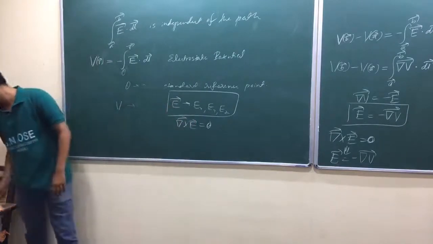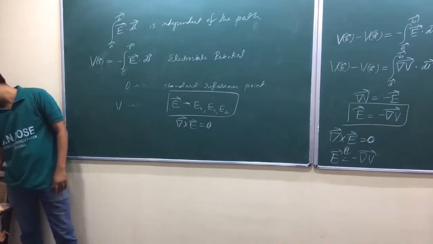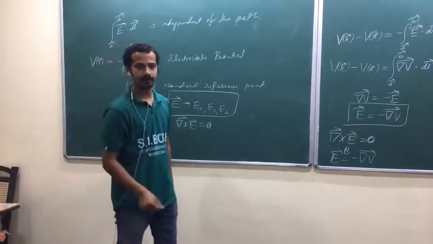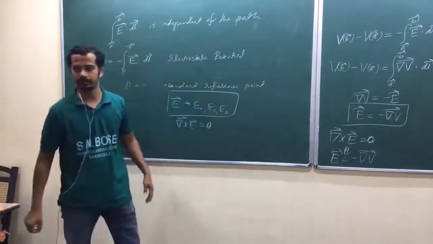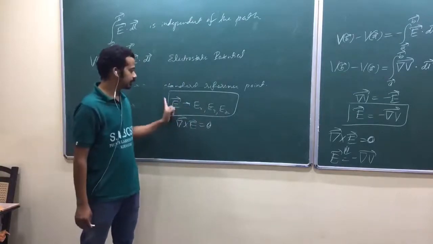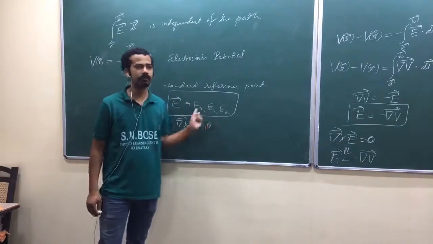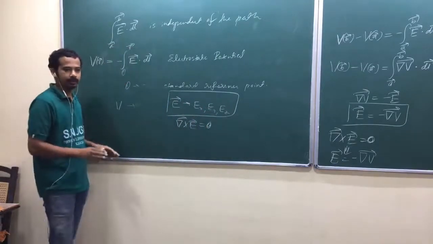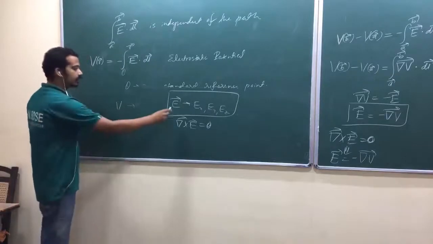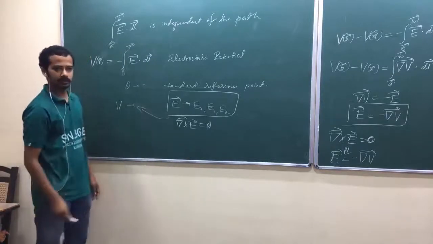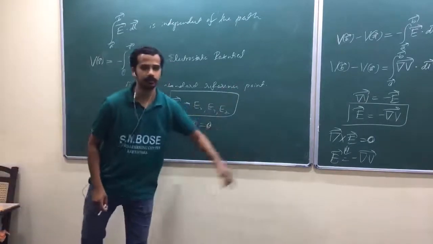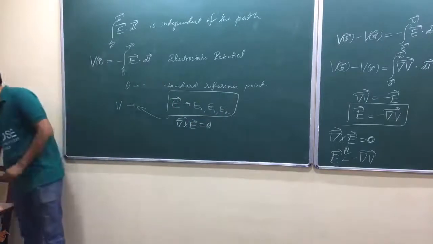Okay, there's a question here. One of these is impossible to become an electrostatic field. Which one is that? You have to find the curl. If curl is non-zero, it cannot become an electrostatic field. Is that okay? So now look at here. It's an electrostatic field. It's a special class of vector field whose components are not all independent. They are related by derivative. You can see in this expression. That's why, since they are dependent, only one potential can give the information about all three components of the vector. Is that okay? So that's our potential formula.